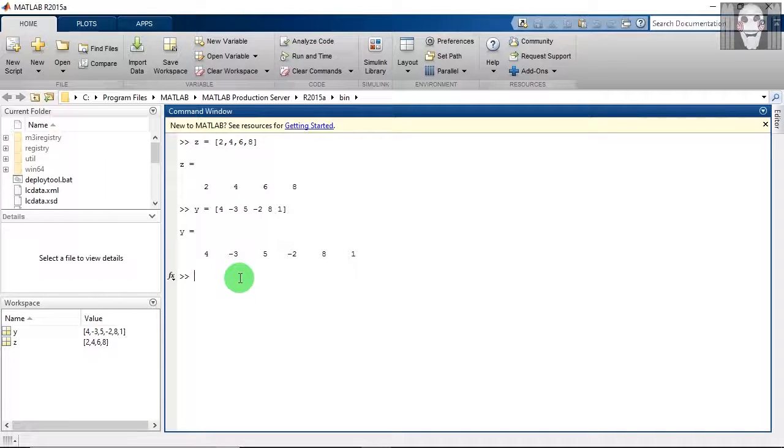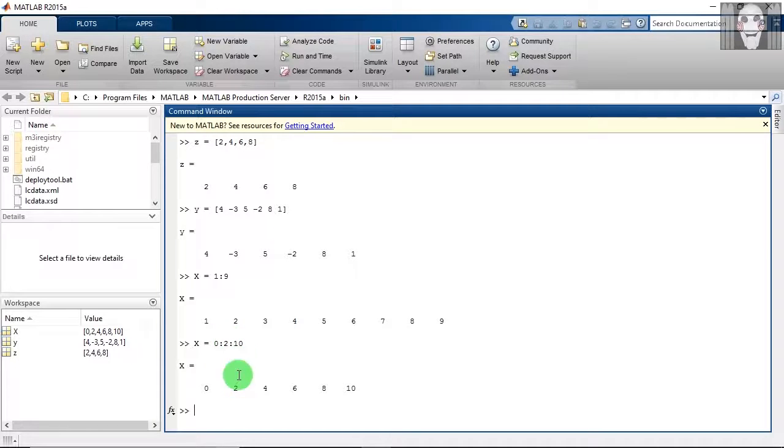If you want to create a vector of values from 1 to 9 without entering them, this is a way in which you can do it. So now you have got a vector x which has elements starting from 1 to 9 because of this. Next I will write this statement. So now I have got a vector which has elements starting from 0 till 10, and each element is spaced